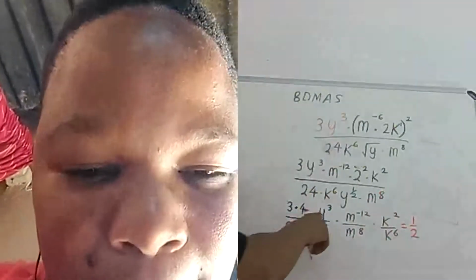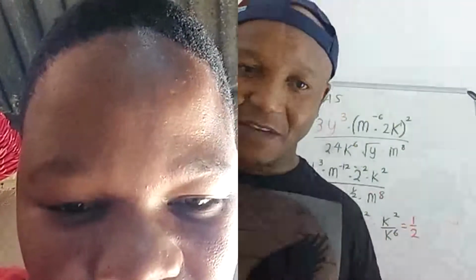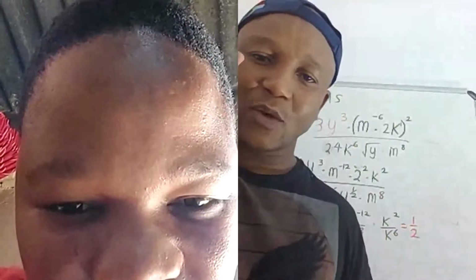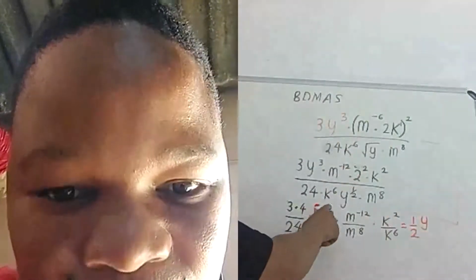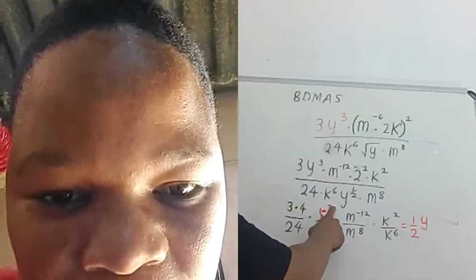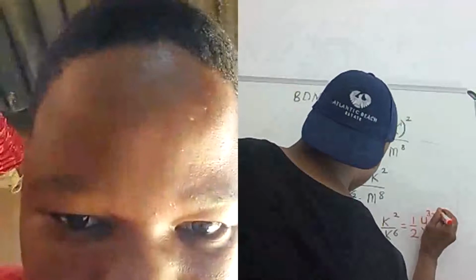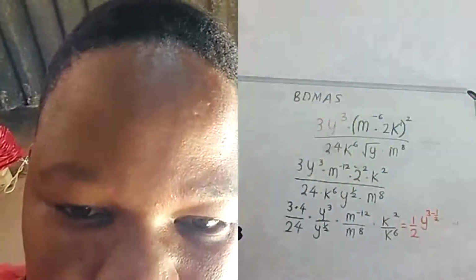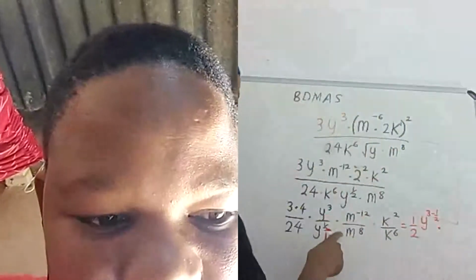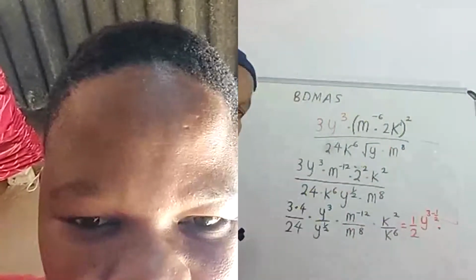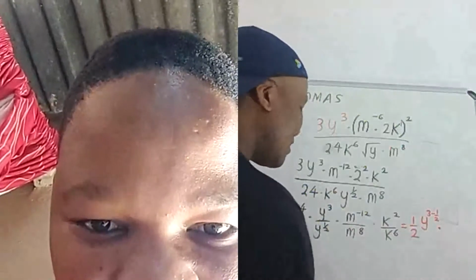1/2. Now, bases are the same. If bases are the same and it is division, what do we do? We write only one base, and then we take the top power minus the bottom power. 3 minus 1/2. And then we go for the second one. Bases are the same. What am I going to write here? We're writing one base, which is